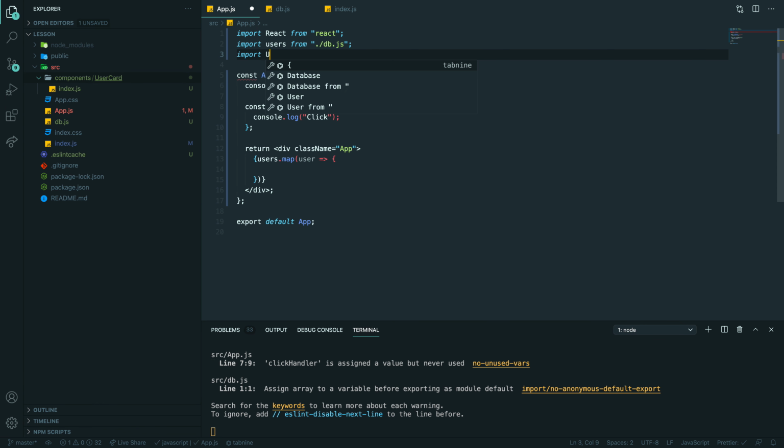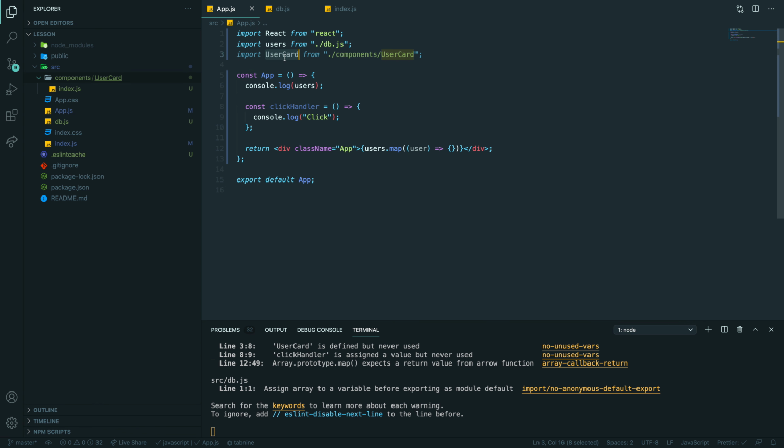So import user card from components/user card. You can see that I'm not specifying index.js, because if you're not specifying that, it will automatically pick up index.js from that folder. So it's just shorter syntax for me.